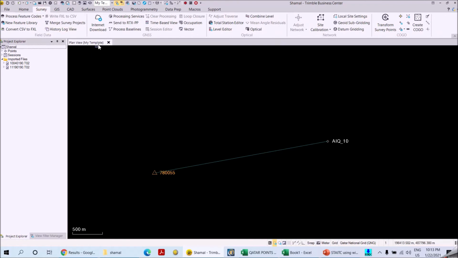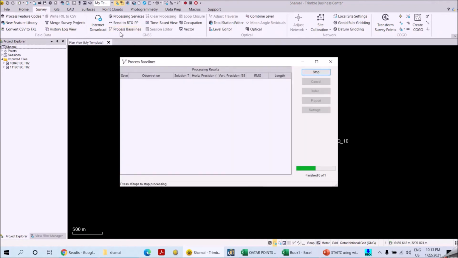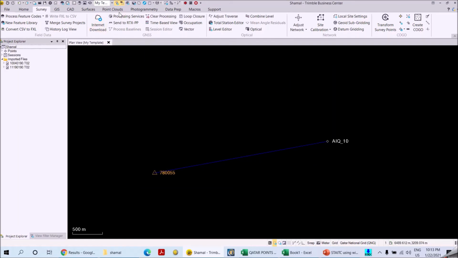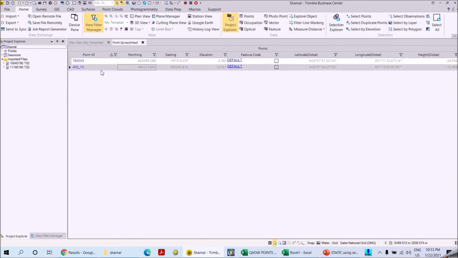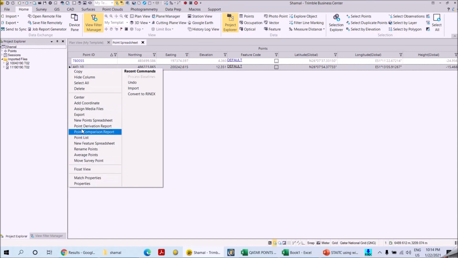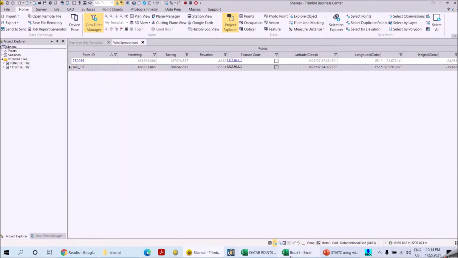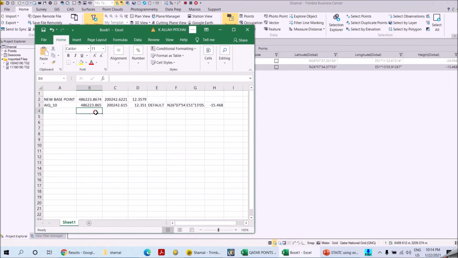Go to survey, normal, process baselines, my ambiguities are resolved, and save. Now I have my point list from here, and this is my new point value which I obtained from the processing. I'm going to copy this, put it here, and see the difference between my computed point minus the observed point.